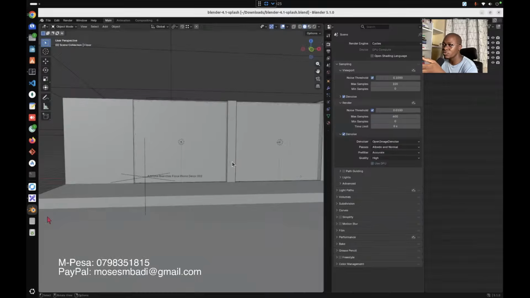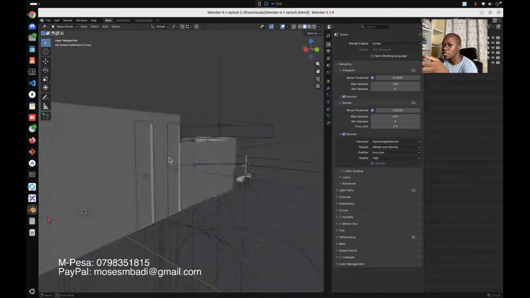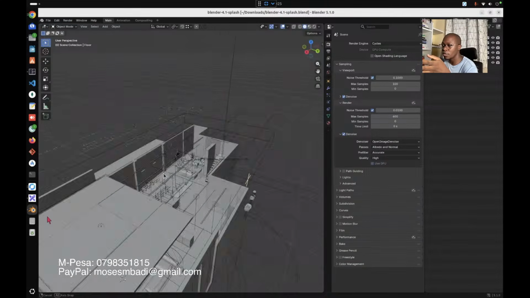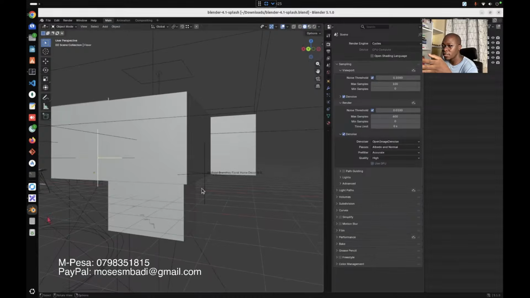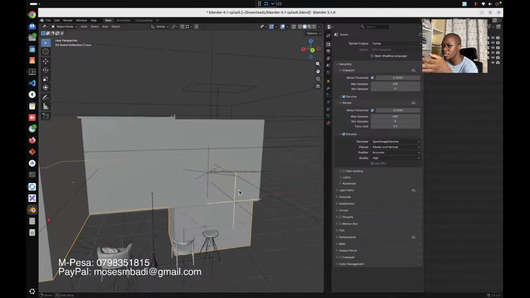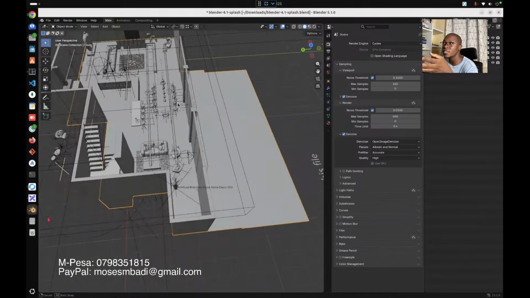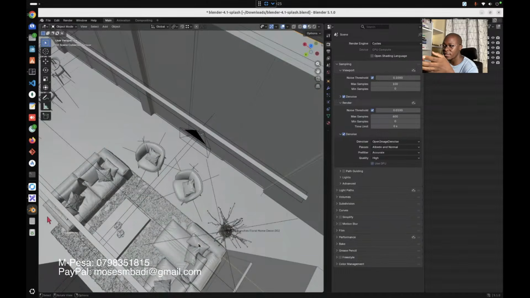As you can see, I can zoom out. It's a house. I can zoom out to this point. You know, like so. I think I left some seats outside here when I was moving. So we have seats outside, but you know, you don't put seats outside. And then we have the couch here. We have another one here.